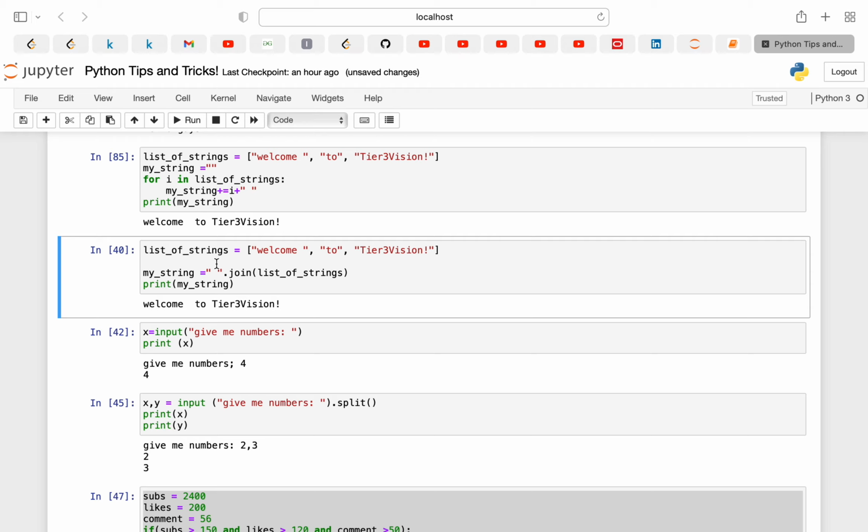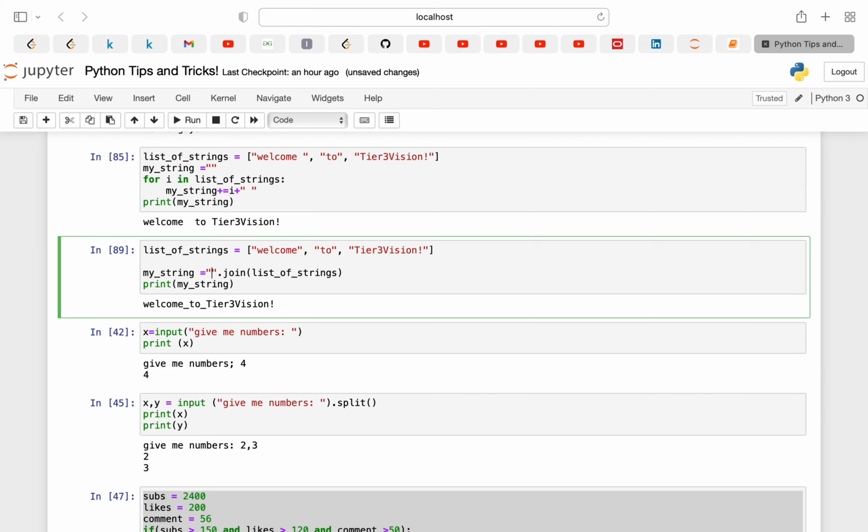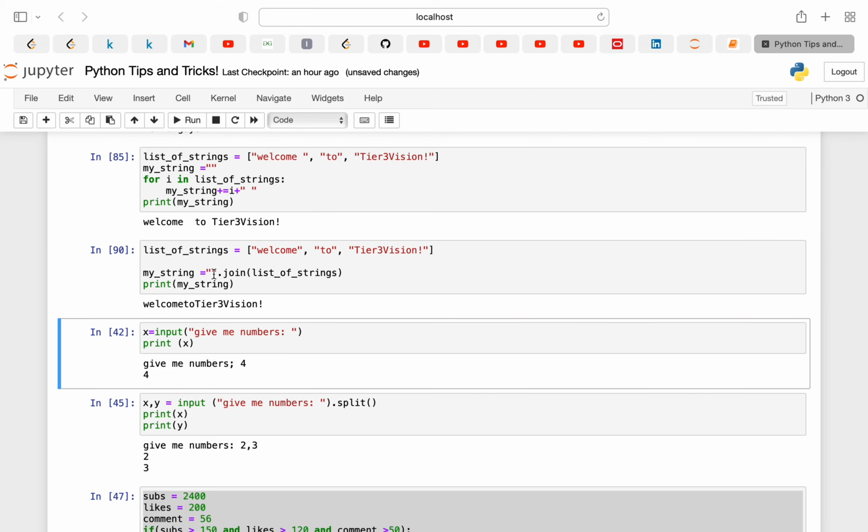What we can do within a single line is use the built-in join function. The join function will join the elements. Suppose you want to join on the basis of a space, so you can pass a space here. You can do a comma here also. Right now I'm passing a space, but I can pass a comma also. As you can see, it is followed by the comma, and if I pass an underscore, it will follow the underscore. If you remove the space, it will go.